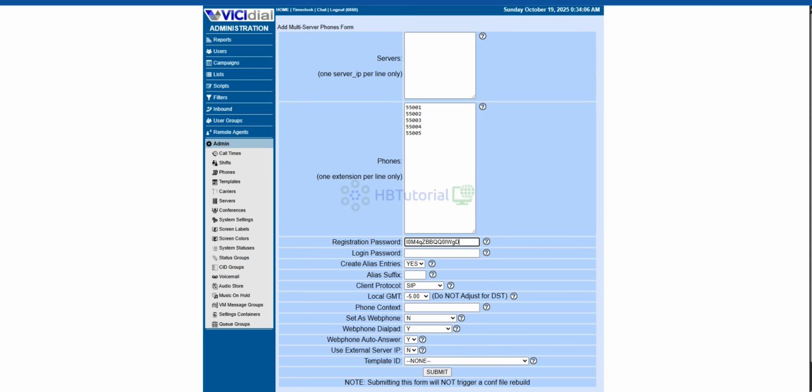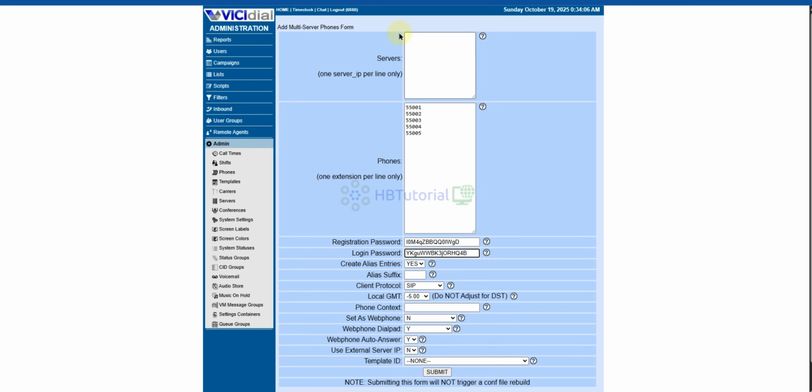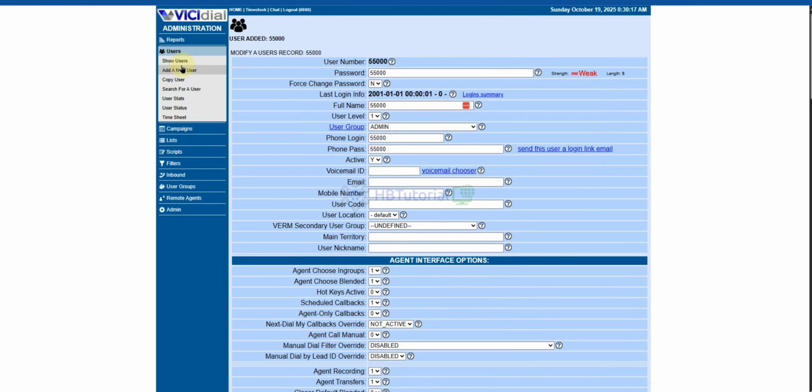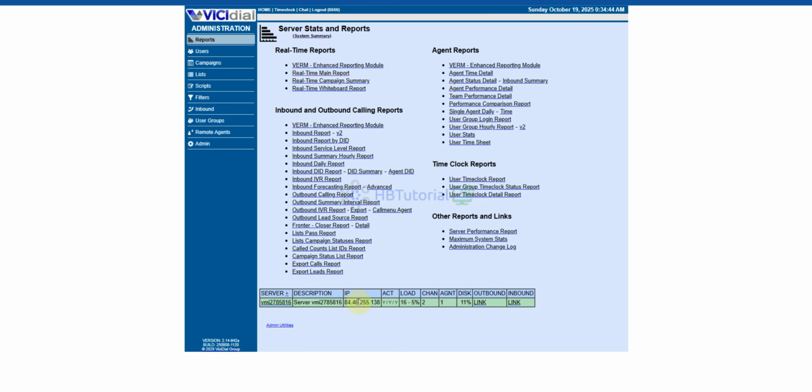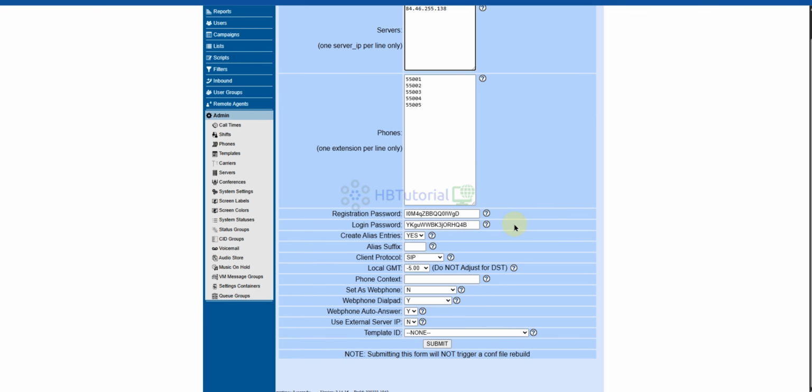For the login password, I can generate one. For the IP address, you should use your BG Dial IP address. Do not create alias. Set web phone to yes, and your template ID.